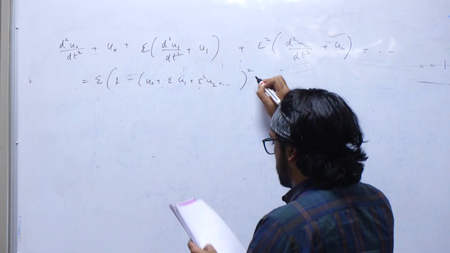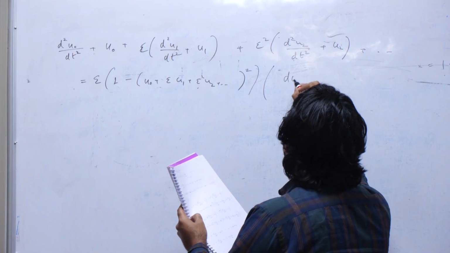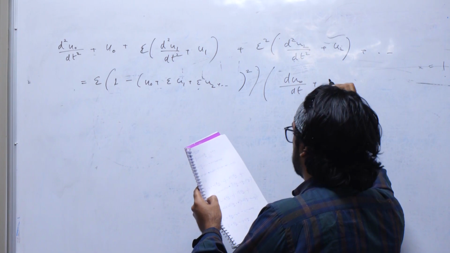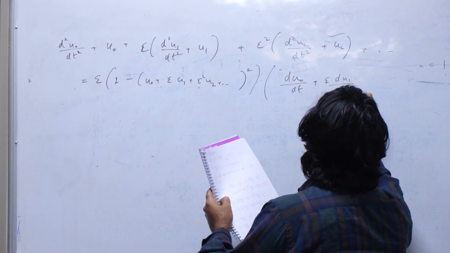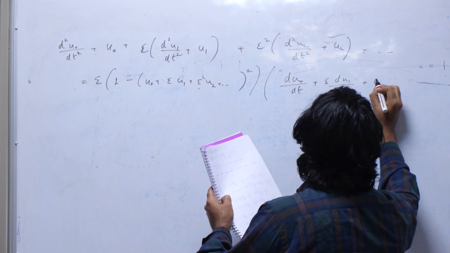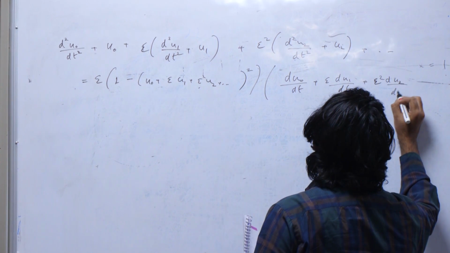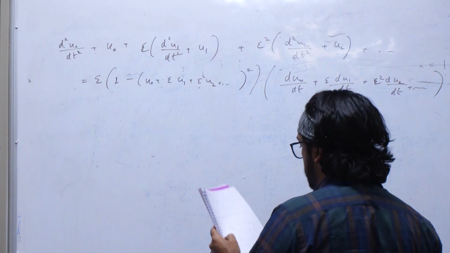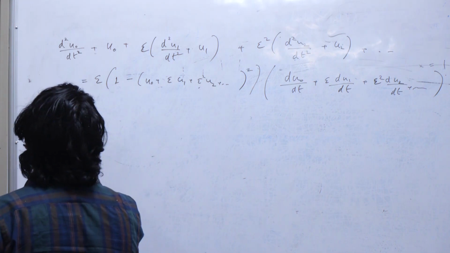So we have the square here, and then we have the first order differential, which is du1 by dt plus epsilon square du2 by dt and so on. So now rearranging the terms, we get